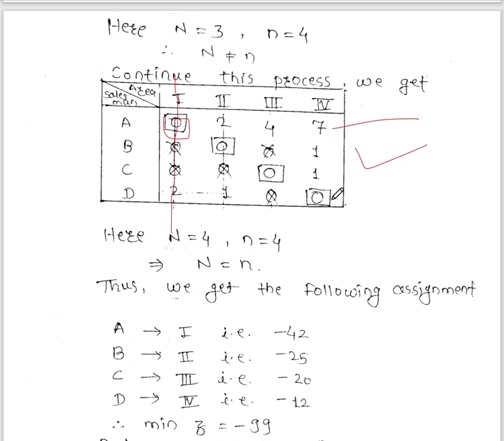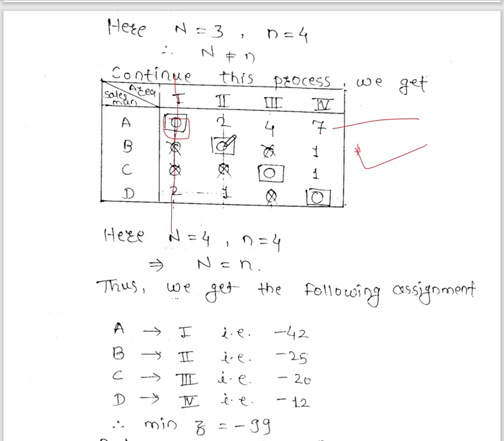If you go to the second row, there are two zeros, so we can skip this assignment. Okay. In the third row there are again two zeros, so we can skip this step. In the fourth row there are again two zeros, so we cannot make a zero assignment. Okay. Now we will go column wise. In the first column there is one 0 and that is already assigned. In the second column there are two zeros.